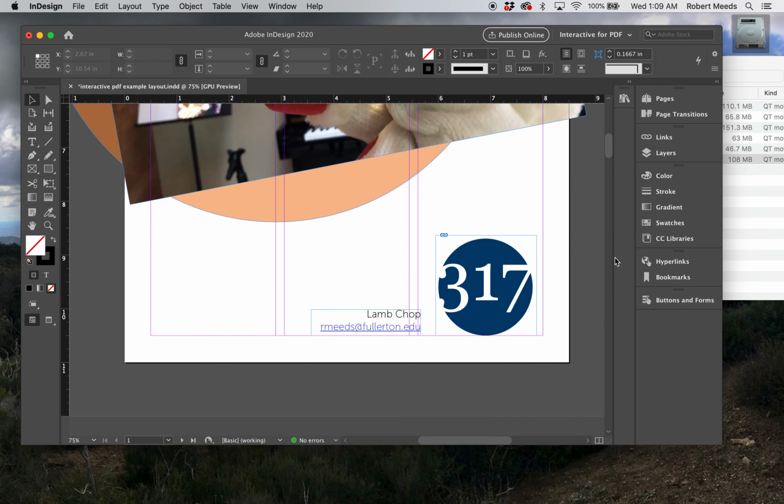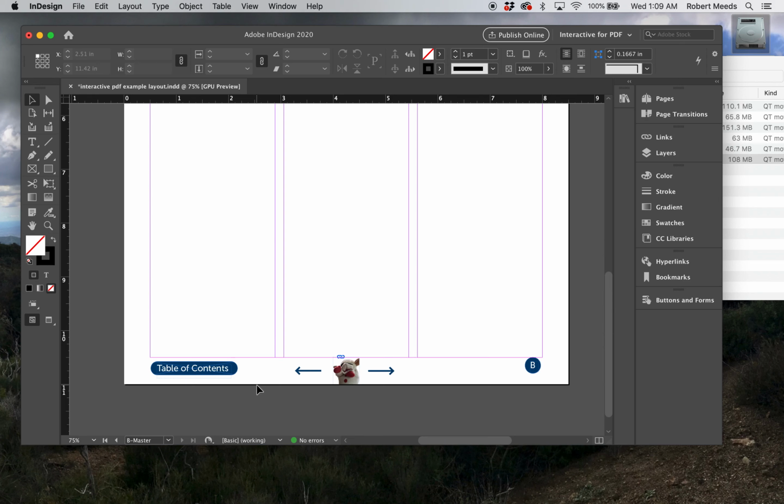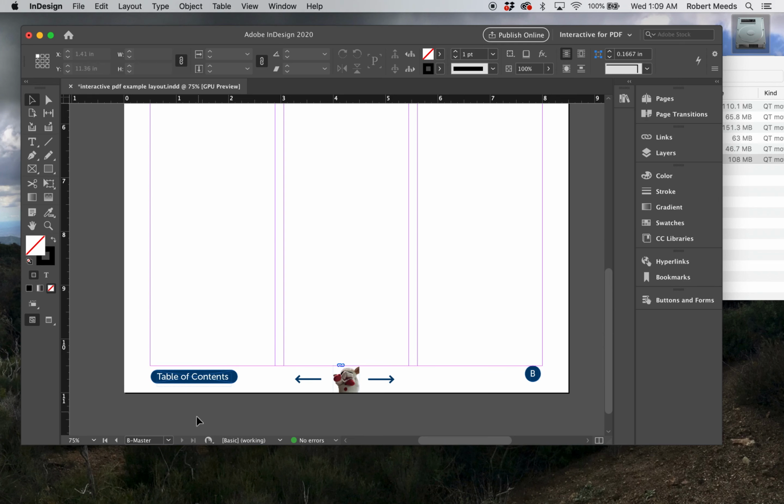All right, now let's go to set up our table of contents bookmark. So this is here on the B master, and we want to make this become a button that is going to take us to page 2, which is the table of contents. And the way we're going to do that is to make page 2 a bookmark. So let's go to page 2,